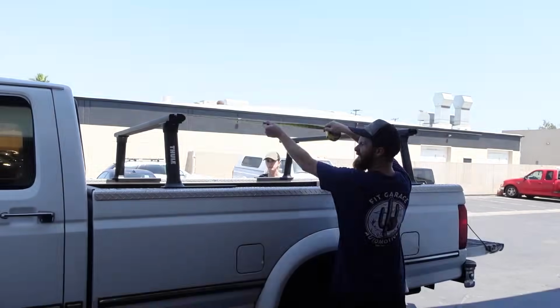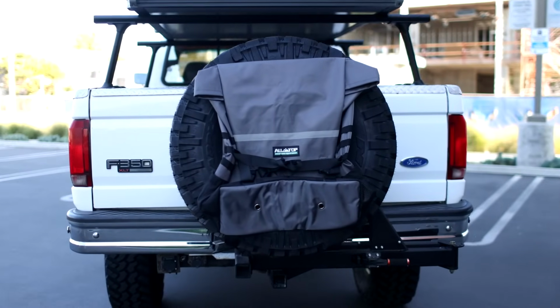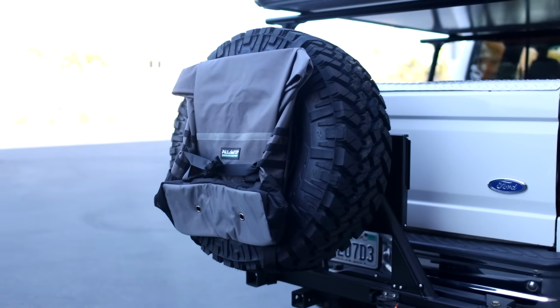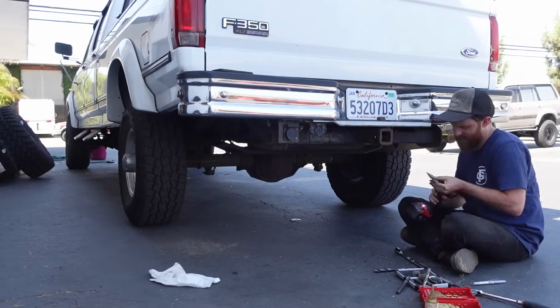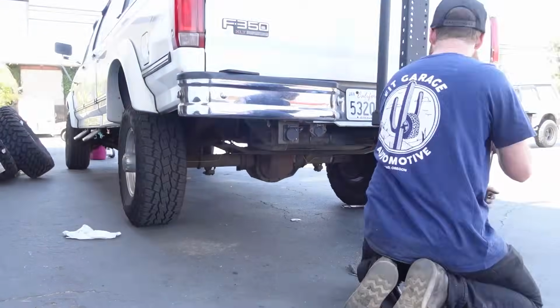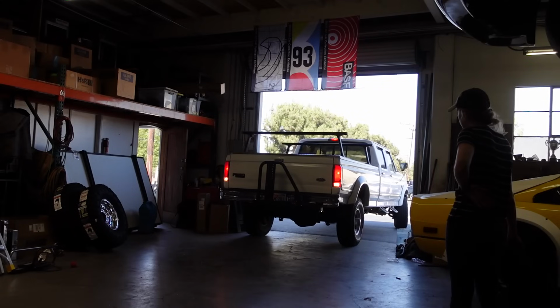With the rack measured out and clamped down, it was time to move on to the rigged Ultraswing, which is a really cool solution for mounting a full-size spare on the back of a truck without a custom bumper. It just requires a trailer hitch. I had to modify mine slightly due to the way that it's built on the back of this thing, but after making some simple changes, installation was as simple as tightening the clamping system built into it and then inserting